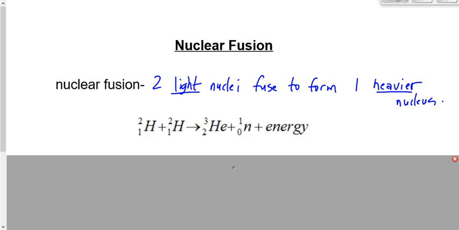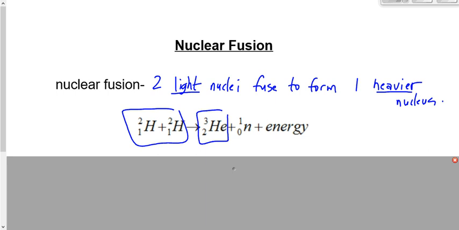An example, one of many examples, would be this one, H2. This is a heavy isotope of hydrogen. Normal hydrogen is H1, 1 proton, 0 neutrons. This is 1 proton and 1 neutron. These things fuse together. They come together to form 1 heavier, right? 2 light form 1 heavy, and a neutron and some energy. In this process, energy is released. Again, not a lot of energy, not a ton of energy, but energy. This isn't enough to do much, so we have to get lots of it going.